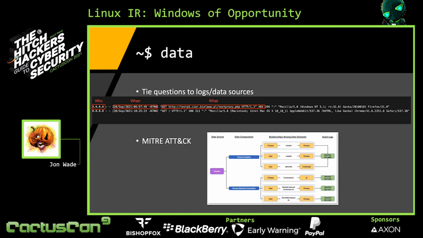That's great. But other things like application debug logs, a lot of times those are very low value. A lot of times they don't have timestamps. They don't necessarily have any information about who. Sometimes even the what is so vague it's hard to tell. So choose your data sources closely and keep those questions in mind when you're picking them.